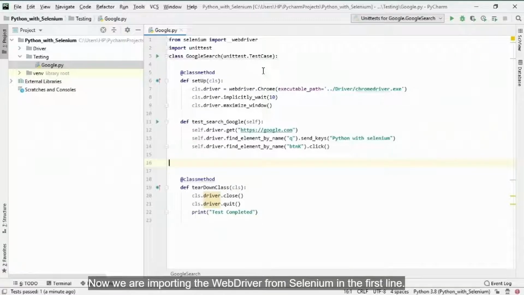Now we are importing the WebDriver from Selenium in the first line. In line number 2, we are importing the unittest library. In line number 3, we have written the class named GoogleSearch, taking the argument unittest.TestCase. From line number 6 to 9, we have a setup function in which line number 7 describes the location